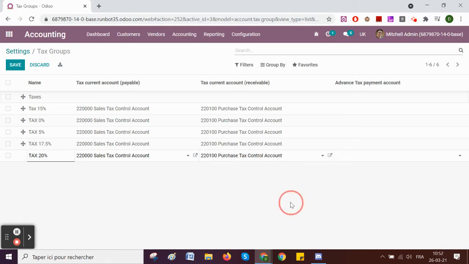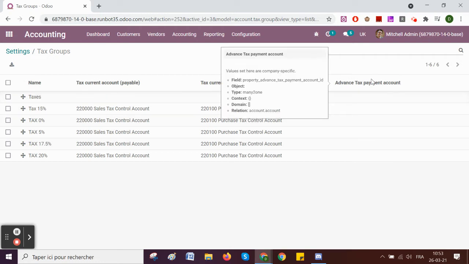Okay. So far, if I just base myself on what is at the end of my period to know what I have to pay and decide to pay only at that moment, it's totally fine. But here you can see you have an advanced tax payment account. This column is actually in case you are paying in advance, because